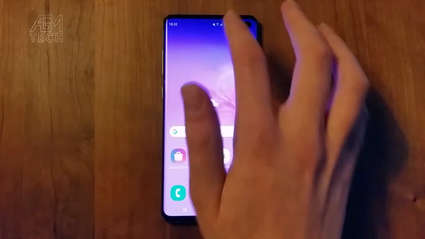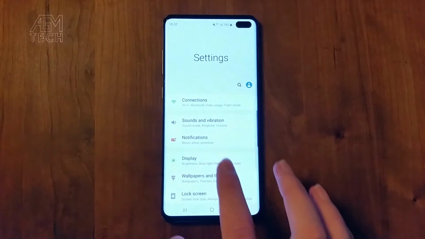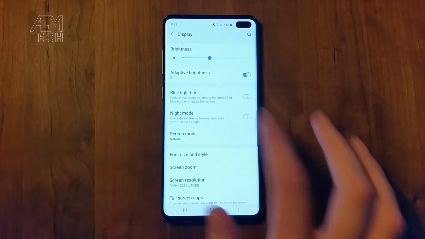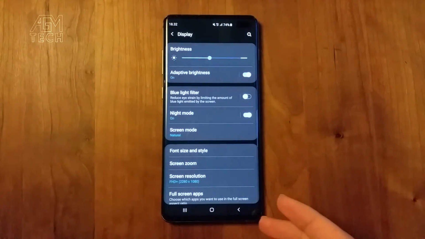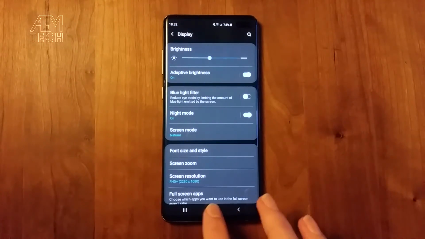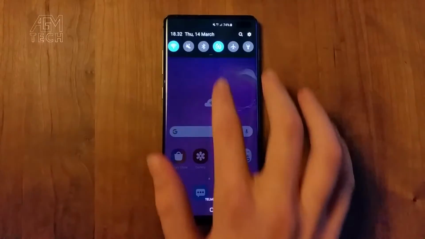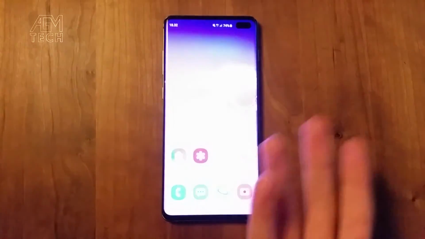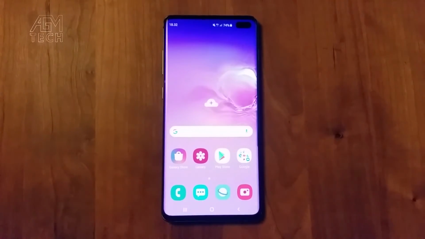It's very easy. You go down to the settings, go into display. From here you will enable night mode, and as you'll see, everything will turn dark. So you can see the top settings and everything is dark. Some apps might not be dark because they're not optimized for it, but at least more of the UI is dark now, and it's very cool, and that's how you do it.